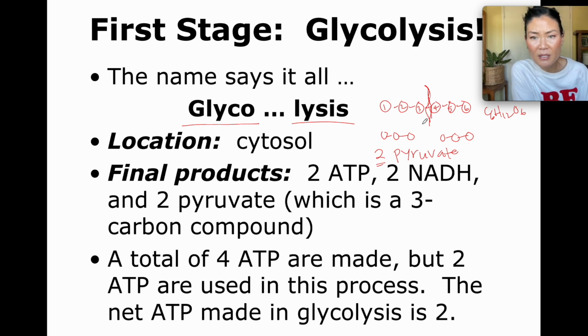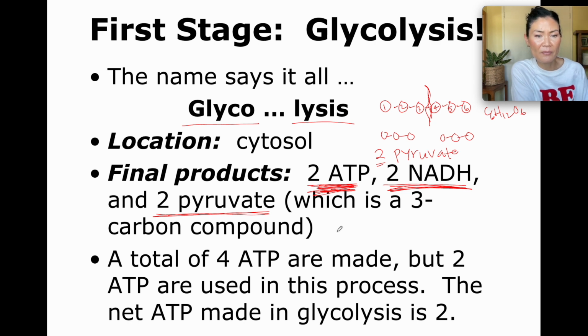In the 9 steps, you do make 2 ATP. Remember, the whole point of cellular respiration is to make ATP. So you do make a little bit of ATP in glycolysis. You make NADH, okay? Remember, NAD is going to take some electrons, and when it picks up electrons, we call that NADH. Where is it going to take the electrons? To the electron transport chain, okay? And the 2 pyruvate is a 3-carbon compound, which is actually going to go into the mitochondria if